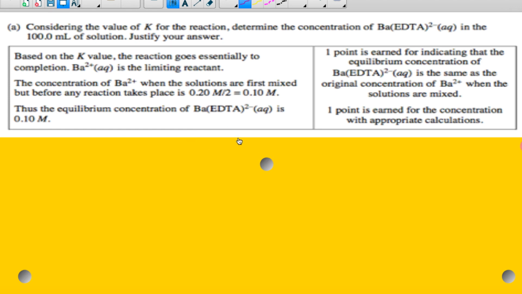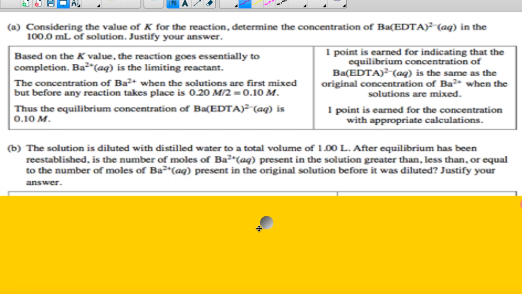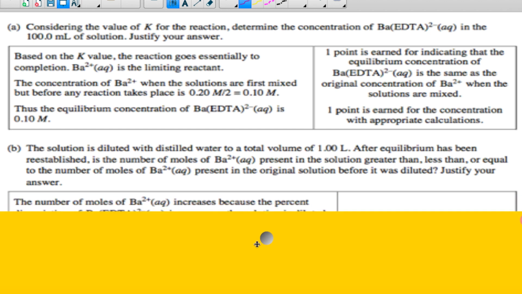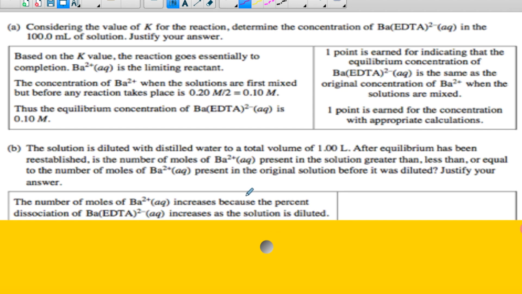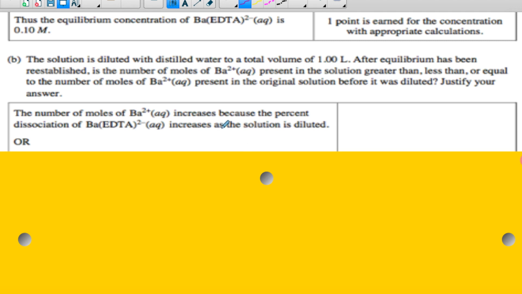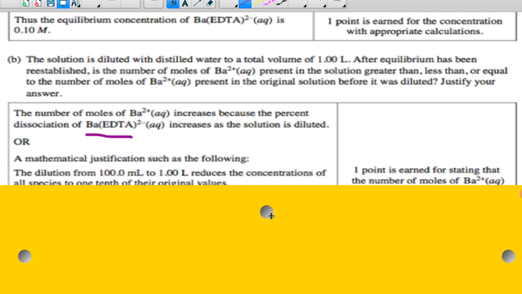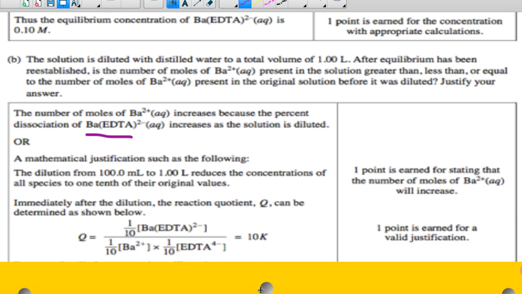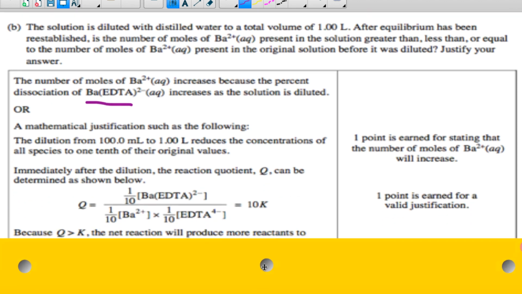Now, how would you do part B? It's diluted with a bunch of water to 1 liter. That's going to cause a change in things. So what happens to the concentration as it reaches equilibrium again? You could argue this two different ways. You could say the barium EDTA complex ion will break apart to reestablish equilibrium, or you could look at Q versus K. So Q is going to be products over reactants,